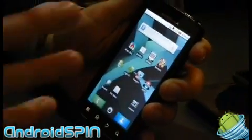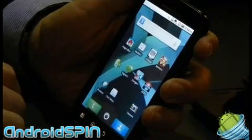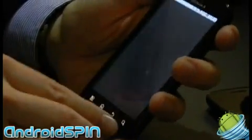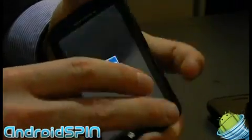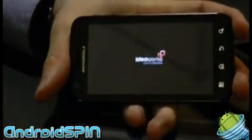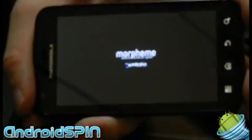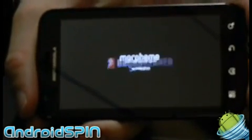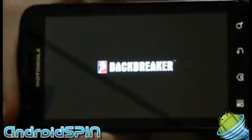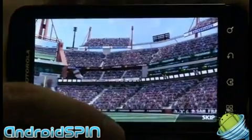We could show Angry Birds, but I'll pass because that's not really all that. Yeah, I think it's being shown. Yeah, live and living. Backbreaker, actually, I can show Backbreaker. I mean, this is sort of a textbook game that you've seen on iOS also, but one of the unique things that they've been able to do, as we've worked with them, is improve the overall capabilities of Backbreaker. Are you guys familiar with Backbreaker? No. So it's a football game. You're actually a player, and you run and try to